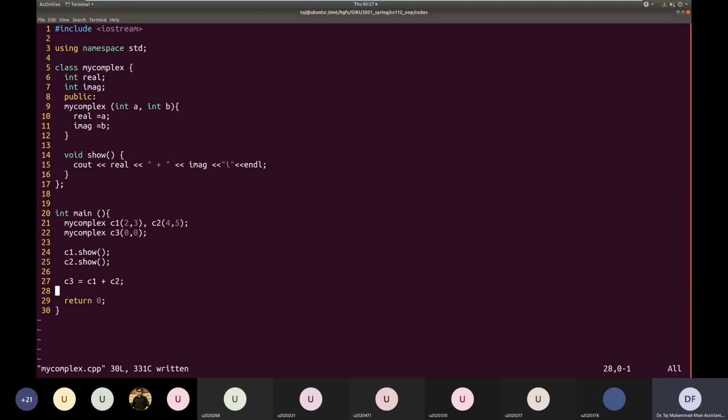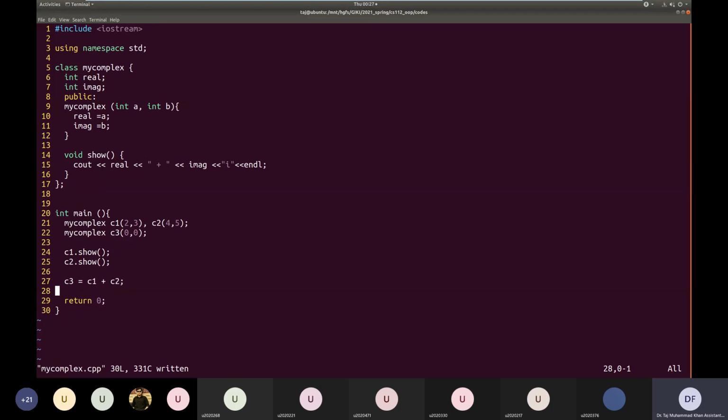The mathematical theory for addition of whole numbers, decimal numbers, etc. has been implemented in the C++ language as built-in types and their operators. But unfortunately, complex numbers are not part of the built-in types. So the C++ language has no idea what it means to add two complex numbers.